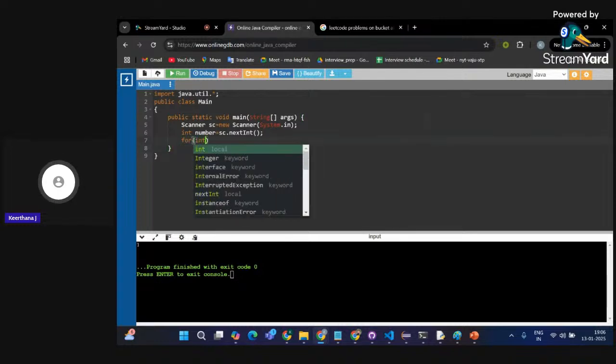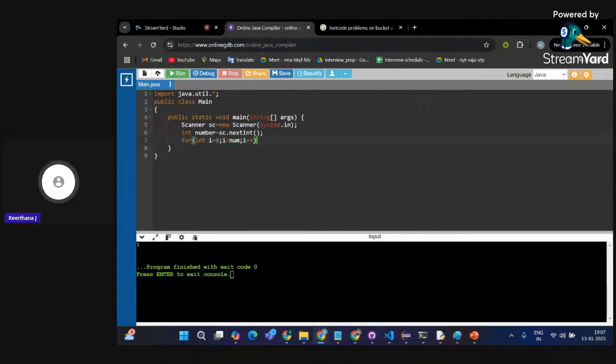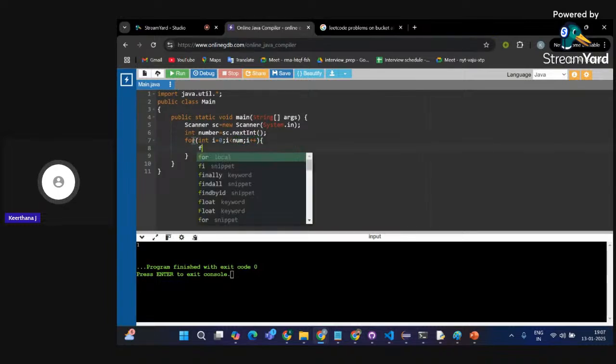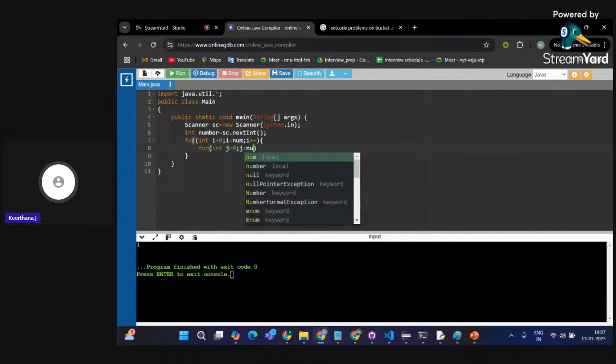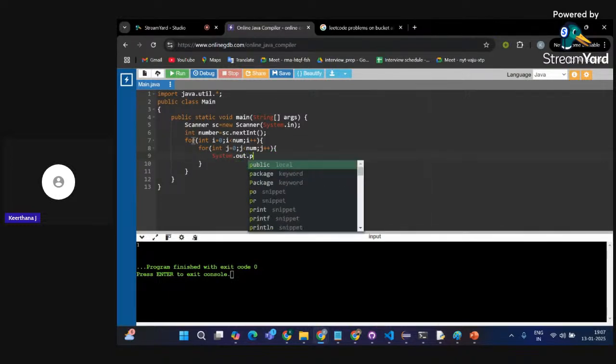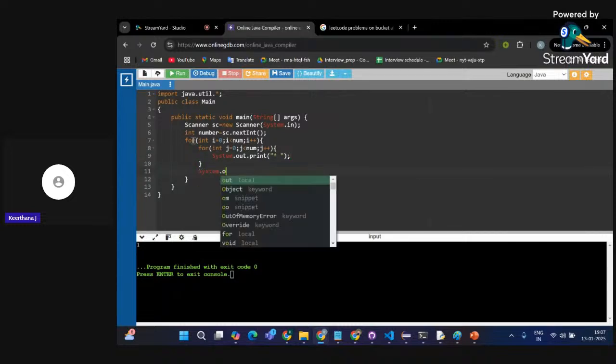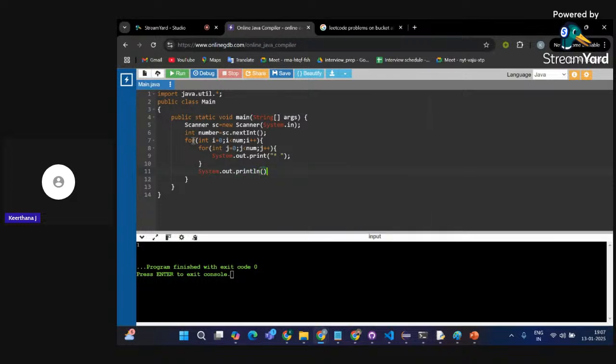I'm going to have my outer for loop which goes from 0 to the num value which the user gives as input, and next, for j equal to 0, j less than num, j plus plus, I'm going to print a star.